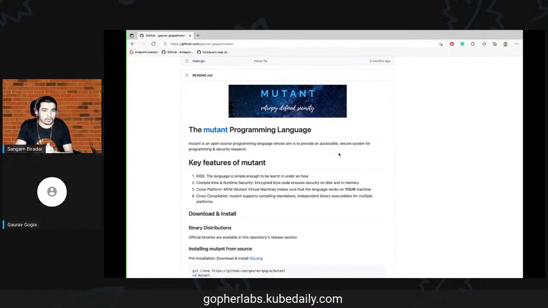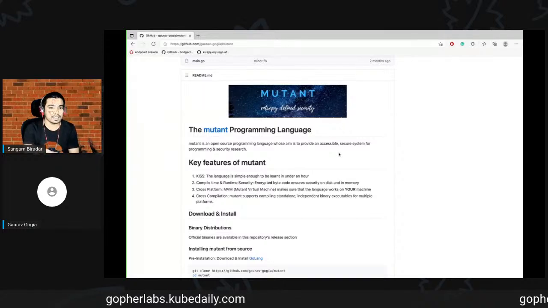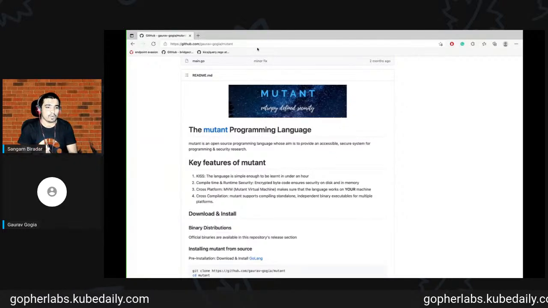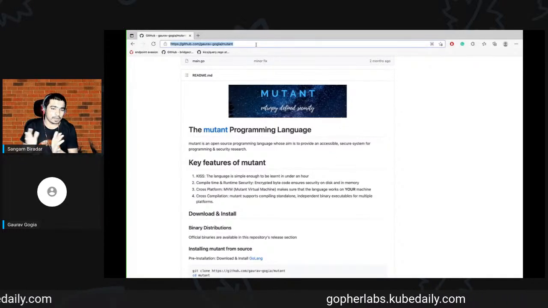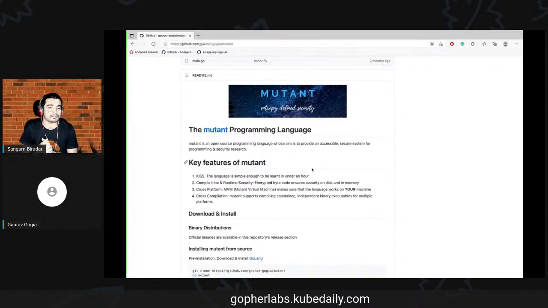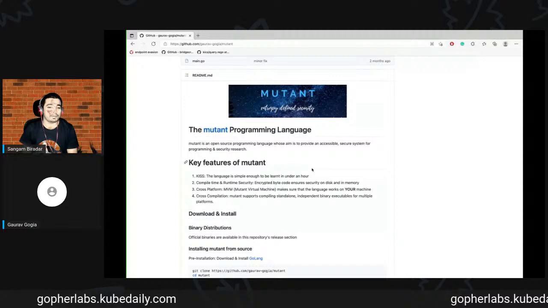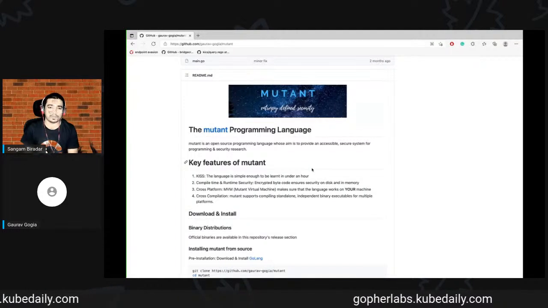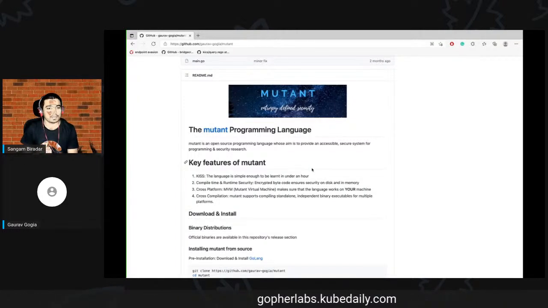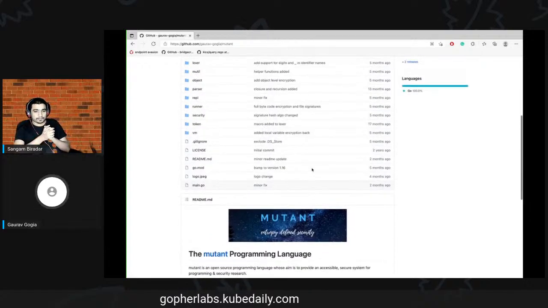So this is the Mutant repo. Can you walk us through the repo, or maybe documentation? Anybody who wants to contribute to documentation, or any kind of open source contribution or repo contribution? Yes, sure. So this is the Mutant repository.